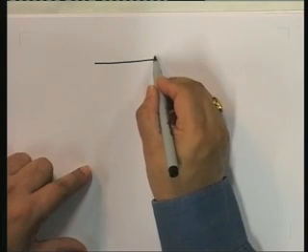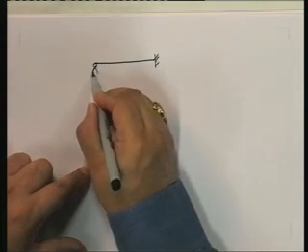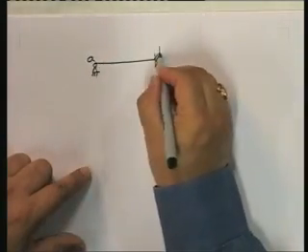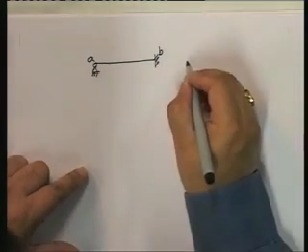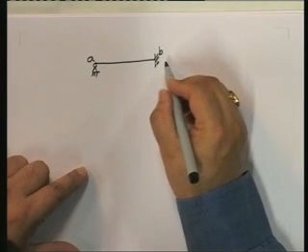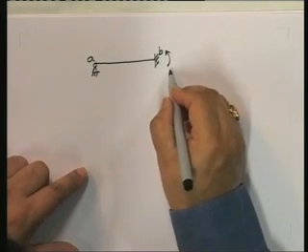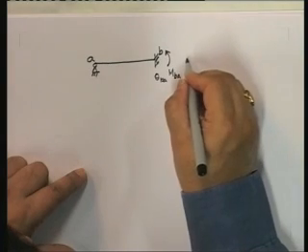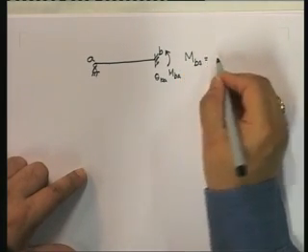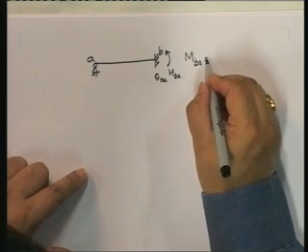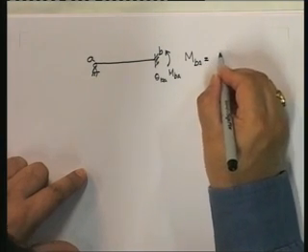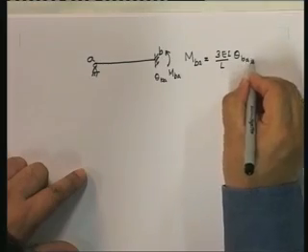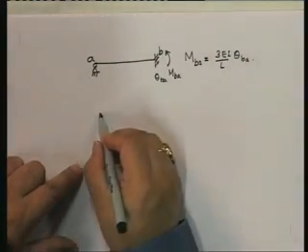Okay, fine. So once having done that, next step is to write down the member force relationships for each member. Okay, for member AB, what do we have? We have this situation. So this is A, this is B. So what is the member force deformation relationship? You're going to see that it's only going to be MBA and theta BA. Note that none of the members have any member loads, so MBA is going to be equal to 3EI upon L theta BA. That's the only member end. For BC,